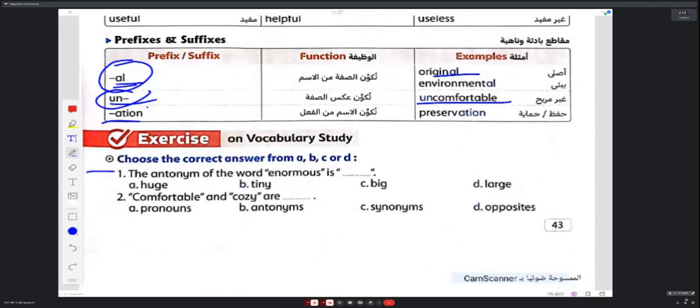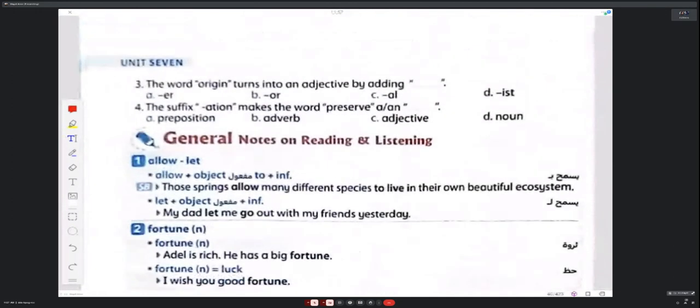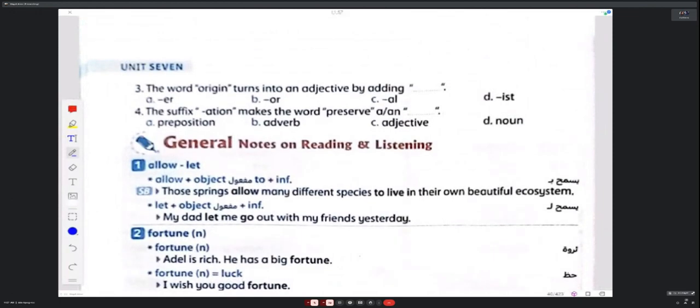Number one, Luigi. The antonym of the word enormous. The antonym of the word enormous is huge. It is the synonym, huge, but the antonym, tiny. Okay. Number two, Luigi, comfortable and cozy are synonyms. Okay. Lamar, the word origin turns into an adjective by adding